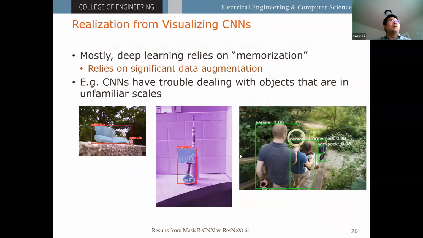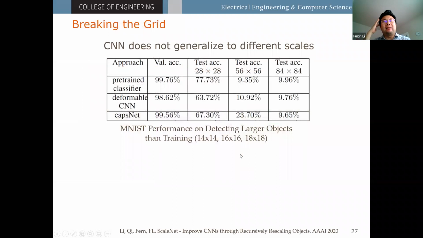Moreover, we showed some results that really show that CNNs are not good at scaling. Here we showed accuracies of training the CNNs on very small resolution, and then testing on larger resolutions. If you see here, we train on 14 by 14, 16, and 18. And then if you test on 28 by 28, the accuracy is still reasonable. This is just MNIST, so it should be fine. But if you test on 56 by 56, if you enlarge everything 4 times, then it's almost zero,